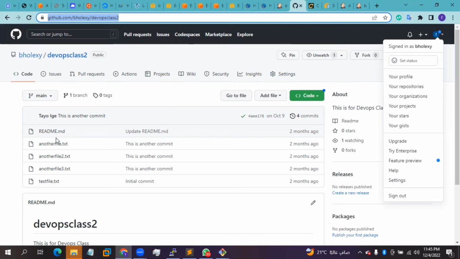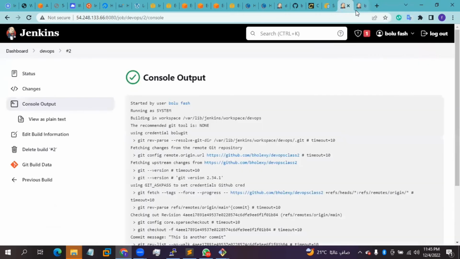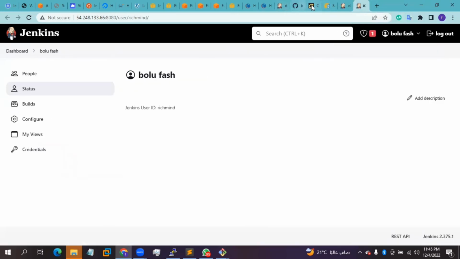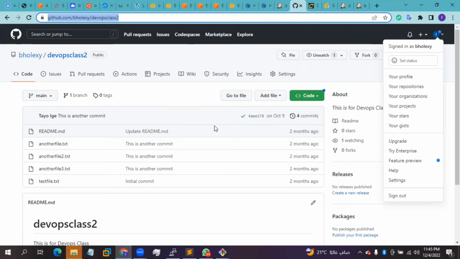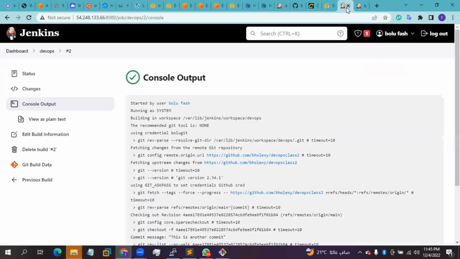Now, what we want to do is, anytime there's a change inside this repository, trigger this Jenkins. Will that answer your question? Yes, sir. All right, cool. So for us to do that now, we have to supply the Jenkins URL to our